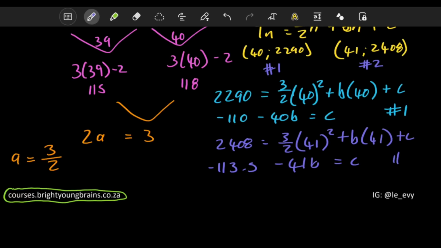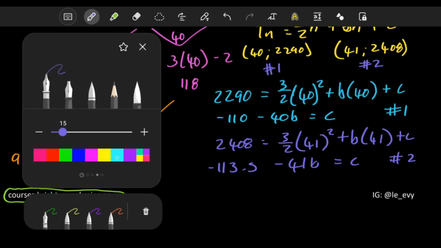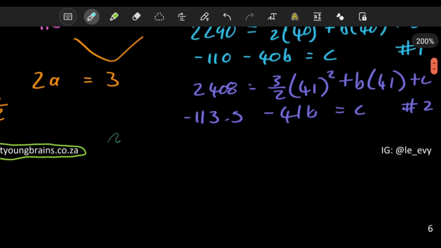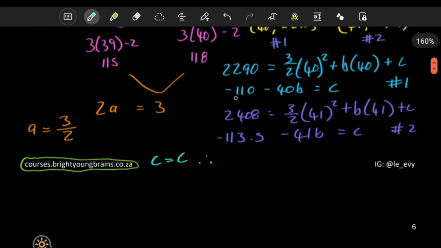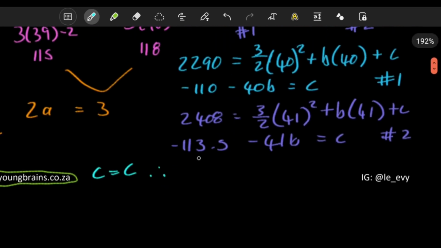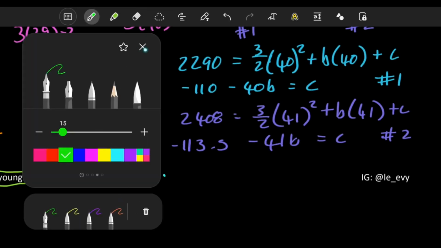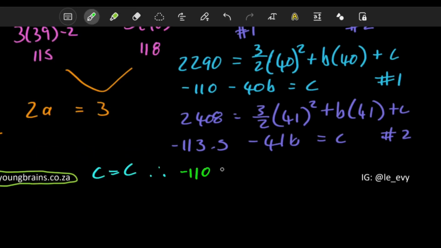You see, this is like your second equation. Now from here, we know that we can get a value for b by equating c equal to c. So here we know that c is equal to c. Therefore, the first part that we had gotten here, let me use a different color, like a green, is -110 minus 40b. This is equal to -113.5 minus